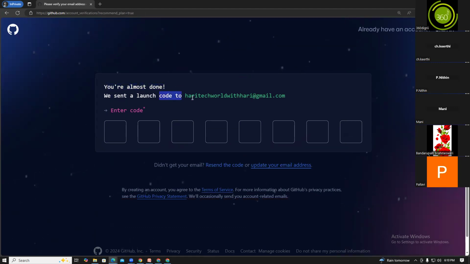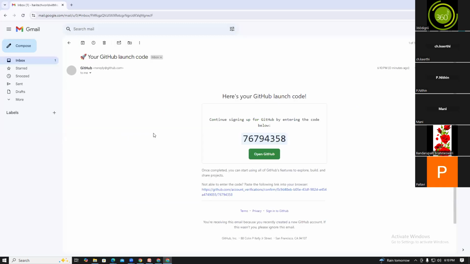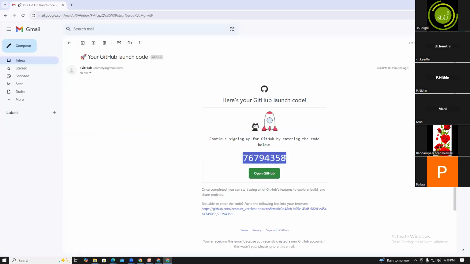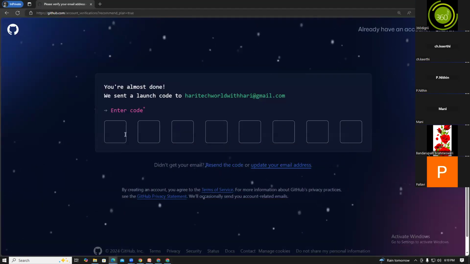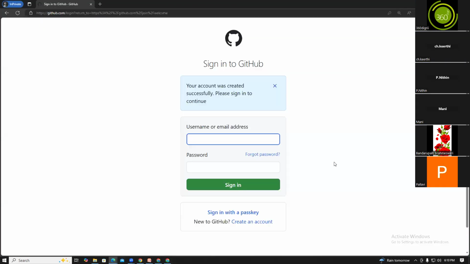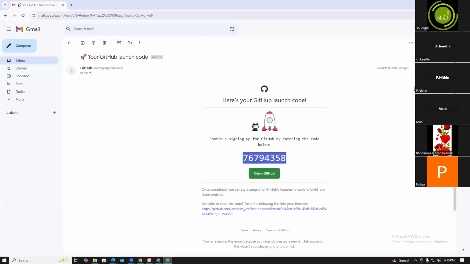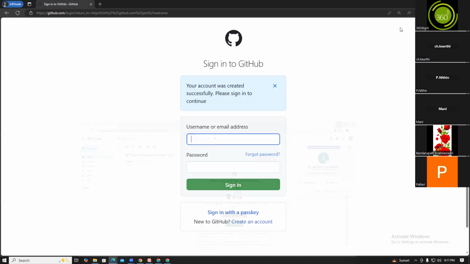We sent a launch code to the email address. So enter that code. Once you log in, you get the code, right? This is the code I got over the email. Then I entered the email address, haritechworldhari.com. The password is